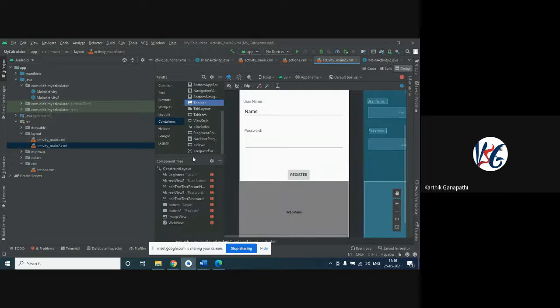So we'll be hosting that particular content as a host. A is a host now, which is going to display the contents of B. So when we click on A, it is going to show the contents of B. So we'll be calling it the navigation host fragment. Inside A, if we click on that, it is going to display the contents of B. So the navigation is going to happen from A to B. This type of container, we'll be calling the navigation host fragment.